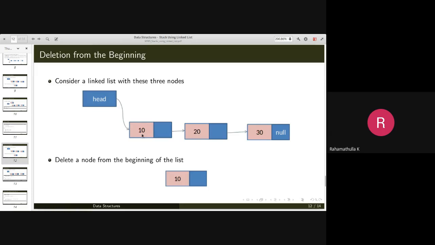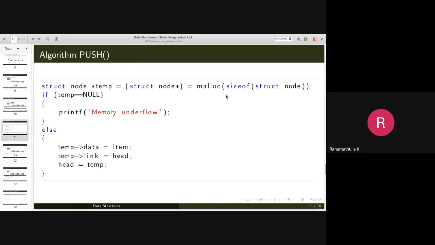Pop operation is nothing but deletion of the first node in the linked list. So delete this element, head will be pointing to 20. Delete this element, it will be pointing to this. Delete this element also, head will be pointing to null. The two overflow and underflow conditions that you need to check in the case of insertion and deletion: in the case of push operation, there is no overflow condition because we are not restricting the size of our stack in linked list implementation.